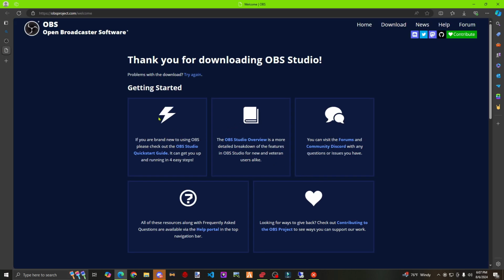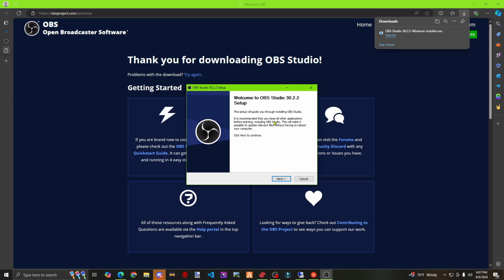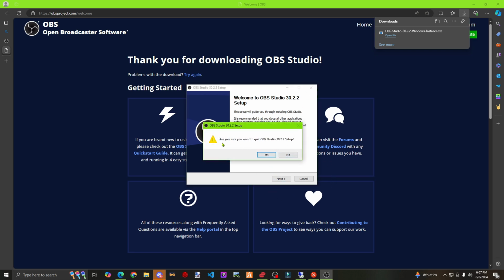So as soon as you do that, thank you for downloading, it will do this, right? So you're going to go in here after it downloads. I'm not going to download, I already have it downloaded, so I'm going to go ahead and cancel it. But what you'll do is press next. Super simple, just follow the instructions on the downloader. And when you are finished up,